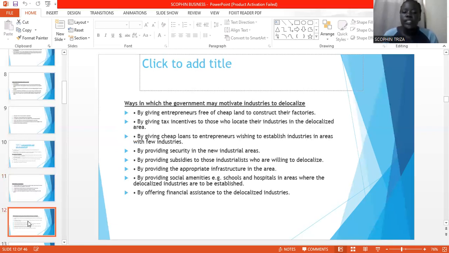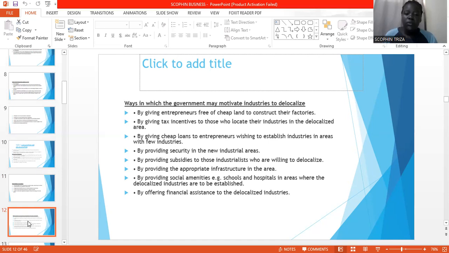So ways in which the government may motivate industries to delocalize: by giving entrepreneurs free and cheap land to construct their factories, by giving tax incentives to those who locate their industries in delocalized areas, by giving cheap loans to entrepreneurs wishing to establish their business in areas with few industries, by providing security in the new industrial areas, by providing subsidies to those